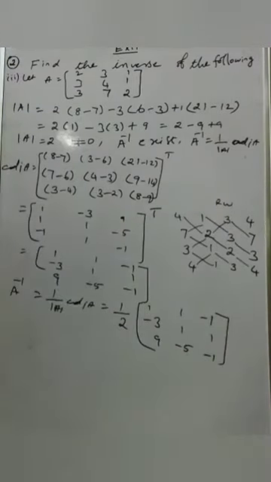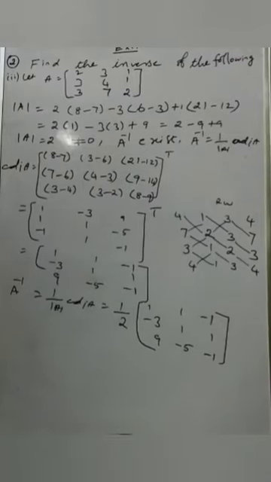That is the way: we have to find adjoint A, then apply it. So A inverse equals 1 by 2 into [1, 1, -1; 3, -3, 1; 1, 9, -5, 1].